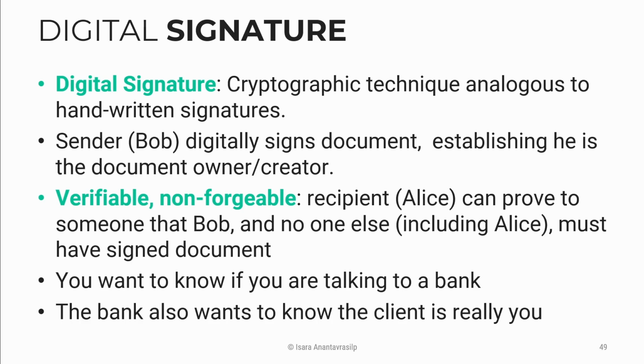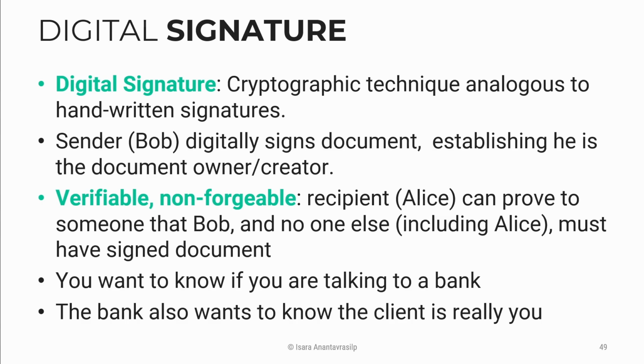This is a little bit more complicated than you might think. For example, if you go to a bank and you walk into an office, the documents that are generated at the bank, you can be sure that they are from the bank because you got them from the bank employee. If the employee is going to fake it, that's another problem, another question, but you can be quite certain that it is a legitimate document. But how can we do that if you haven't met the actual bank or Bob?